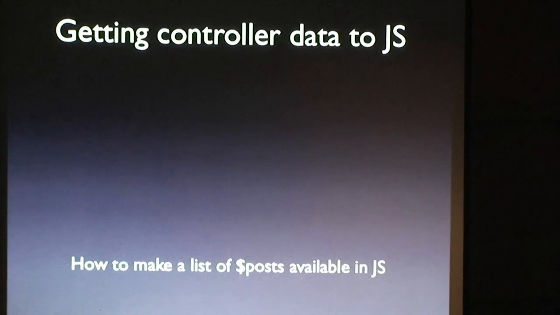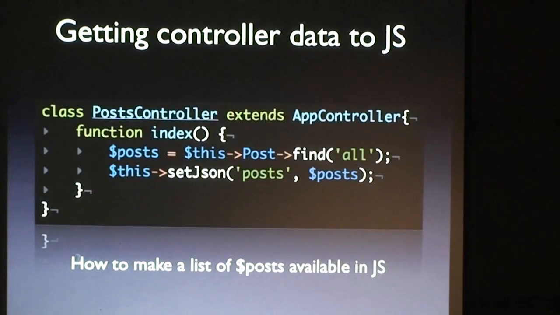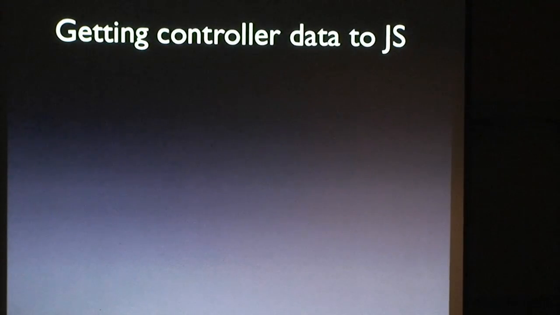So what do I do with this function if I, for example, want to make a list of posts available in JavaScript? Well, it's easy. Let's say I have a post controller like this, and I fetch some posts from the database. Then all I need to do in order to get it to JavaScript is use this setJSON. So $this->setJSON('post', $post), and then I set the post variable. This will execute the function I just showed you. Then what happens is